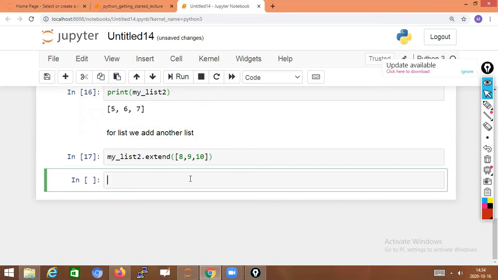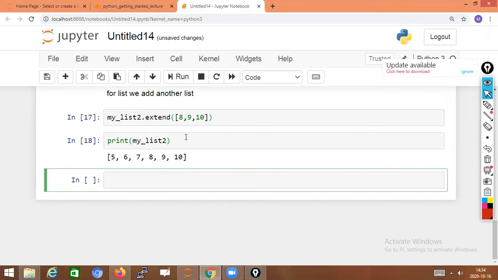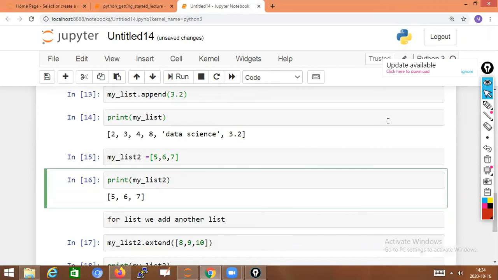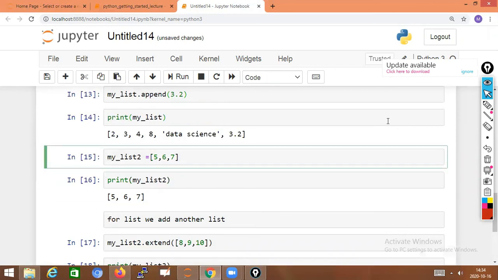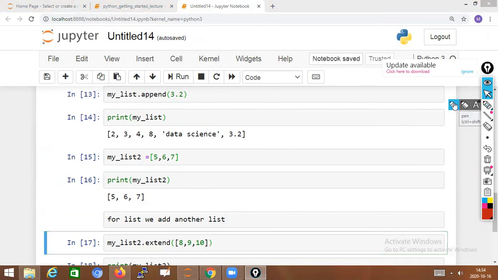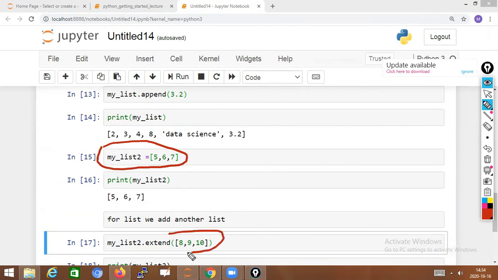We will check it with the print option. Print my list 2. So 5 6 7 was already there, and we added 8 9 10.